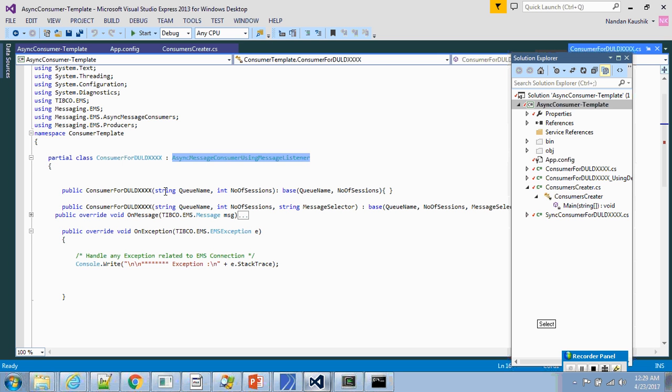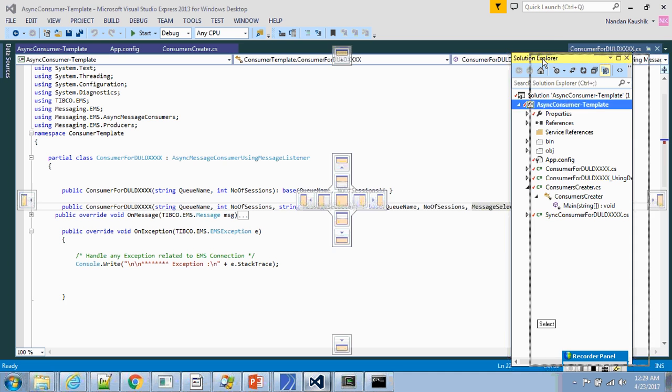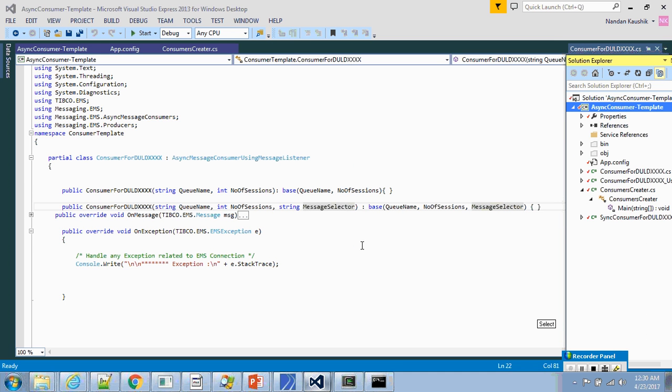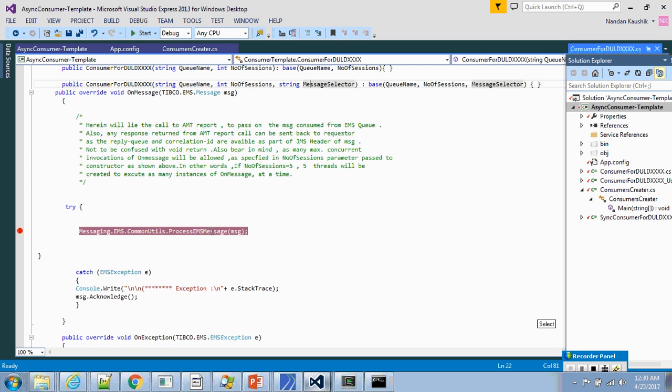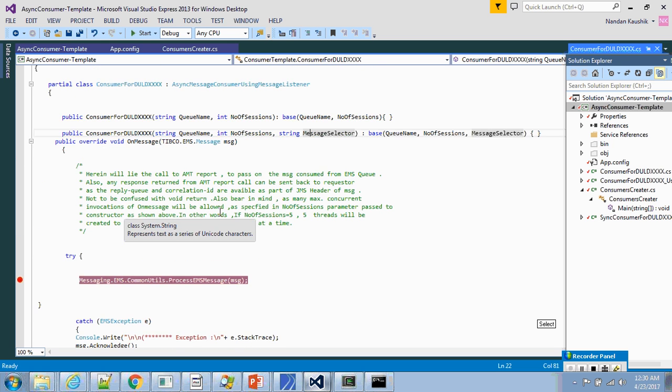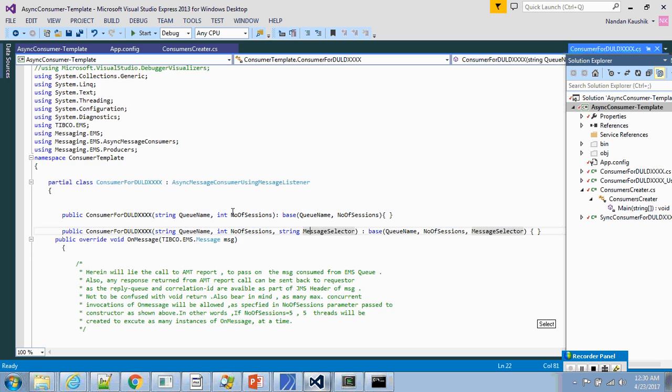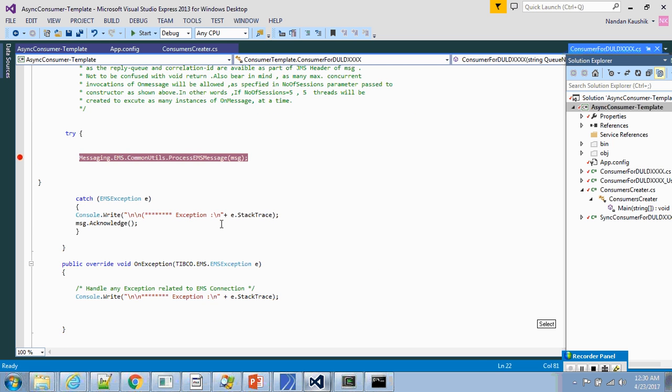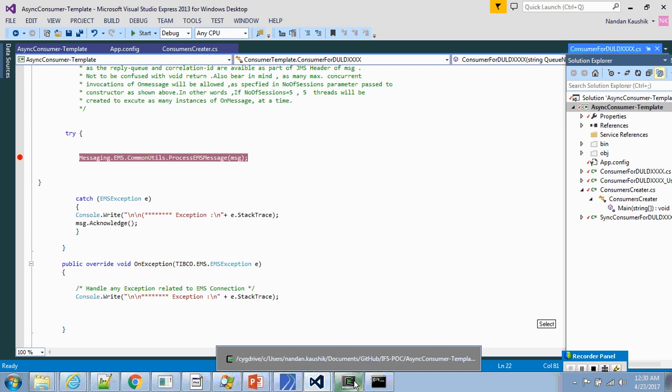And here you can see this process only relates to the upper class, and this one is overridden, and just simply in a process message like that. So let me try to